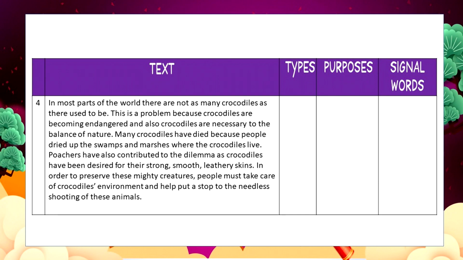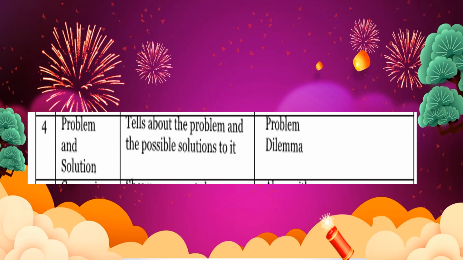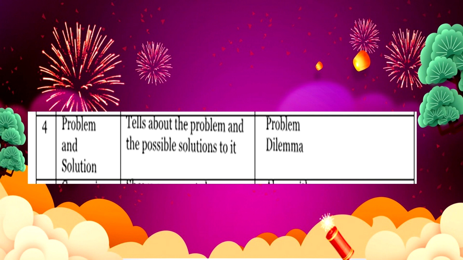So the type of text is problem and solution. Its purpose is, it tells about the problem and the possible solutions to it. The signal words are problem and dilemma. Okay, the last one is